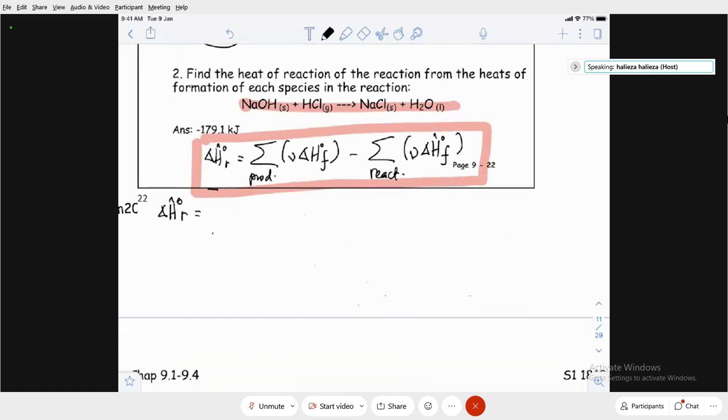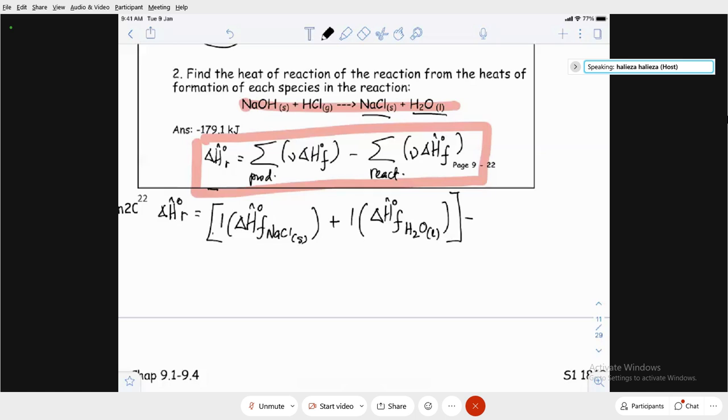So let's see. We have the product, sodium chloride. The number in front is 1. So the heat of formation of sodium chloride. What state is it? It's a solid. It is very important to write down the state. Plus, you have water. Again, you have a 1 in front of the water. Even though it's not written, it's understood. The coefficient is 1. So that's liquid water. Very important, liquid water, because the heat of formation is not going to be the same if you're going to form vapor. Minus,